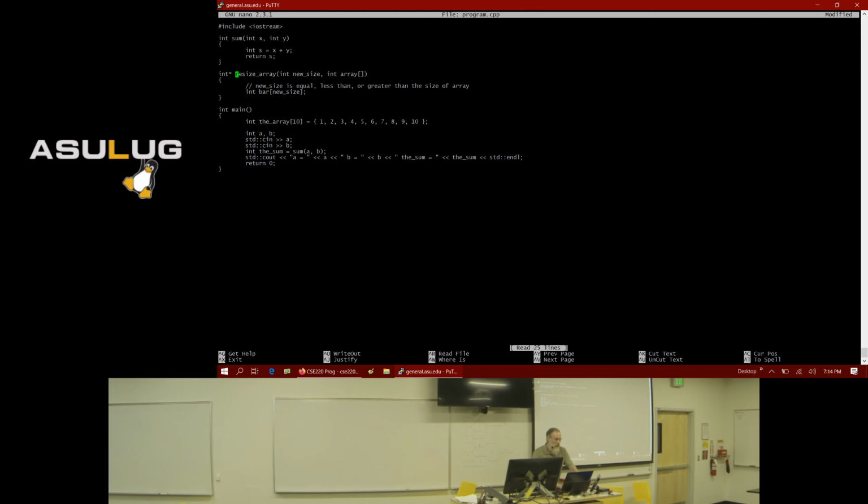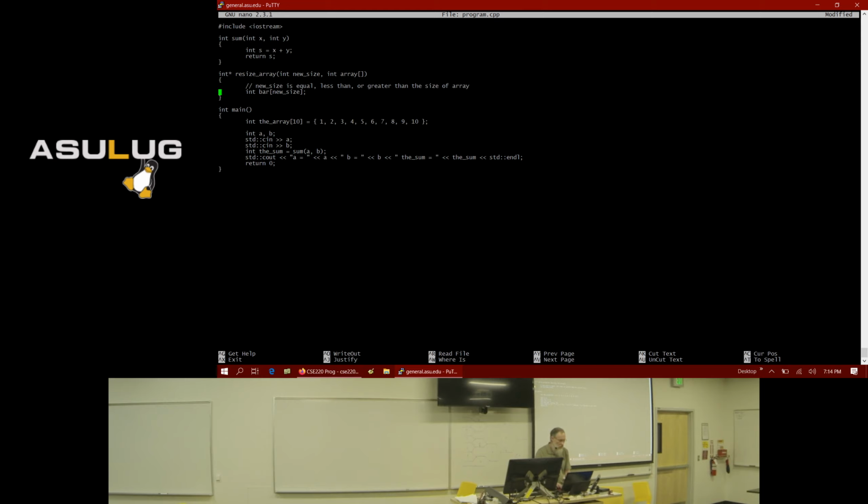And when I create an array like this, this variable, the array, basically points to the beginning of the array in memory. It contains the address of the first element. So this is how we can say that we want to return an array: we're returning a pointer to an int, because the name of the array is a pointer to an int.